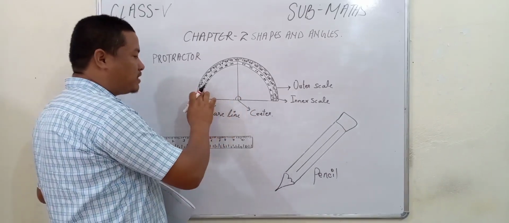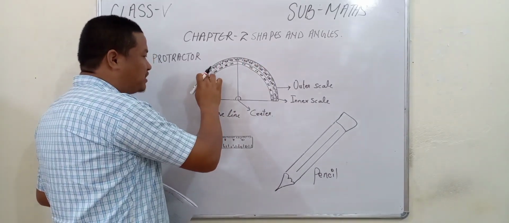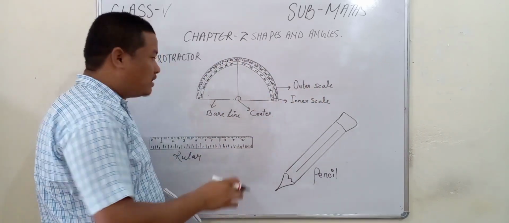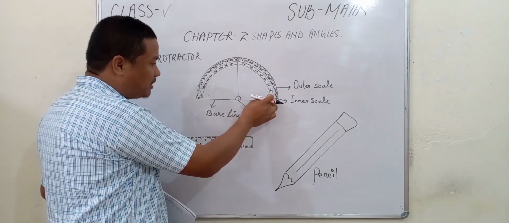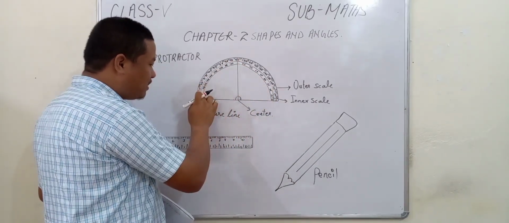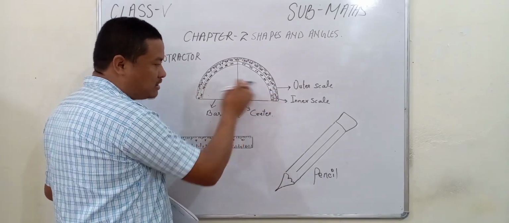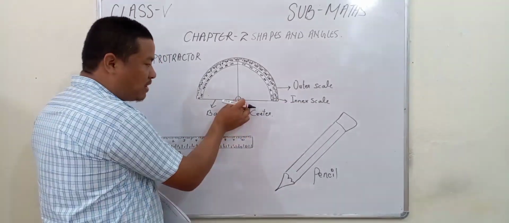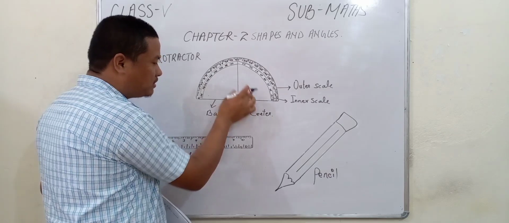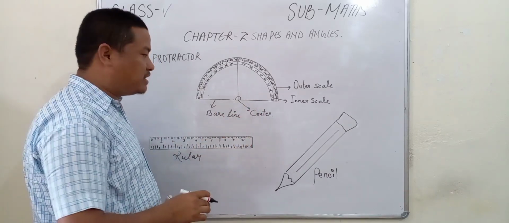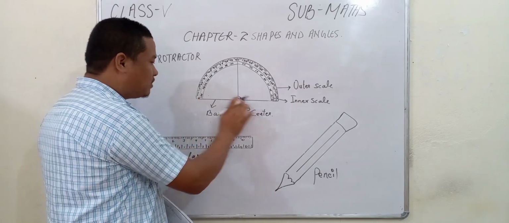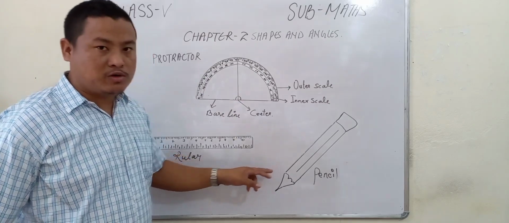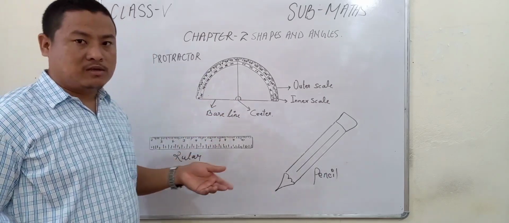Now you see in your protractor, on the outside also 10, 20, 30, 40, 50, 60 is given. That part is called the outer scale. Again inside, from the right side also 10, 20, 30, 40, the same numbers are given up to 180. But it is from the right side and it is inside, so it is called the inner scale. And this part, the main part of the protractor, is the center. And this line is called the base line. At the same time, these two instruments will also be used to draw angles.